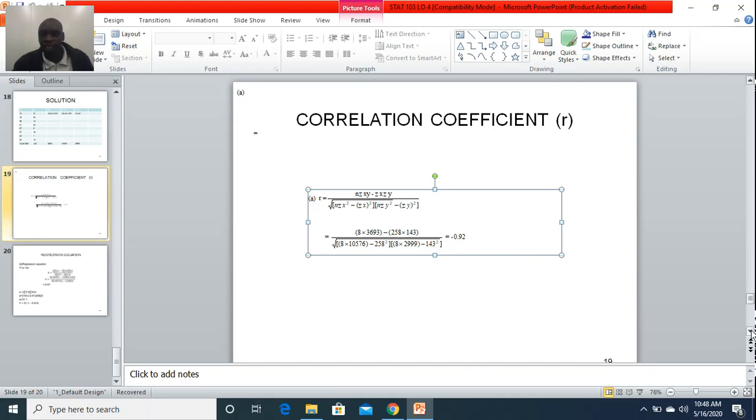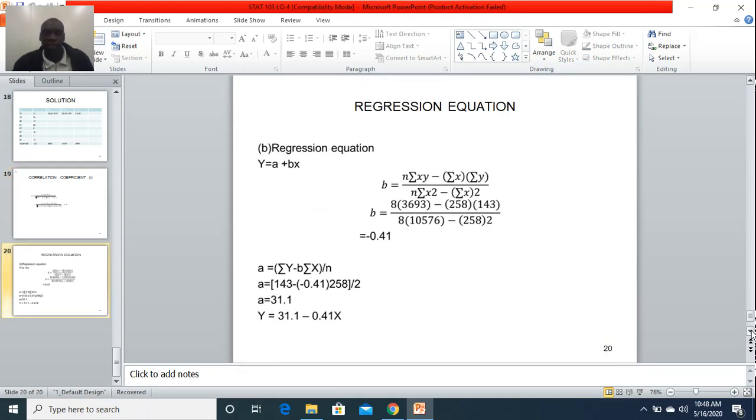Then the regression equation now. For b, this is xy, so I have just put it directly like this: n summation of xy minus summation of x times summation of y, over this. It's a formula, so we can write it like the one on top or this one. This is squared. Don't confuse it with 2. This is squared, it's only that I didn't type very well. After substituting these values we get b. Then we use the b